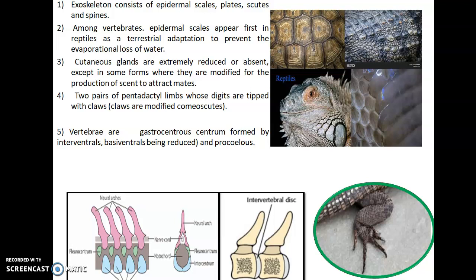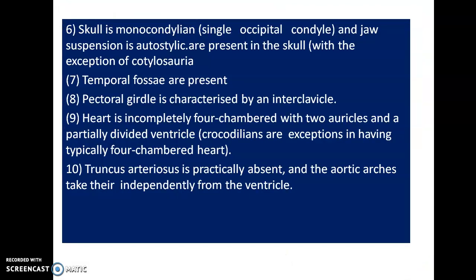Then comes the vertebra. The vertebrae in reptiles are generally classified into 2 different types, the amphicoelous and procoelous vertebrae. These two are more prominent in this class, and we will discuss these types of vertebrae in our following chapters. I hope you understood the 5 salient features. Let's move to the details about the skull.